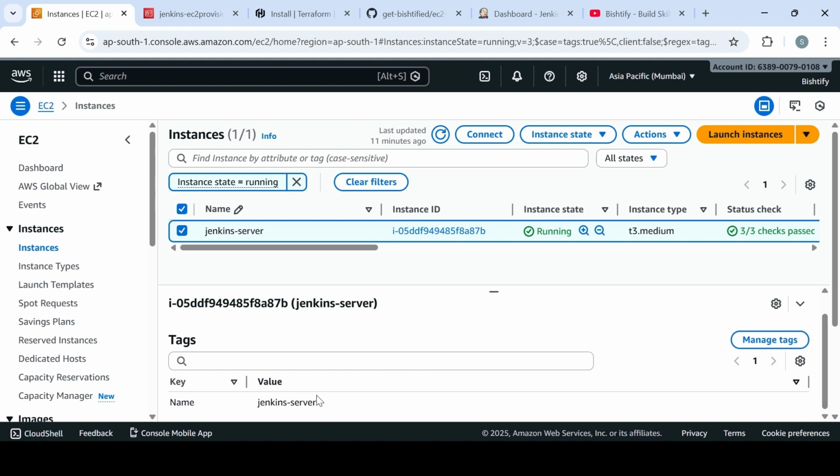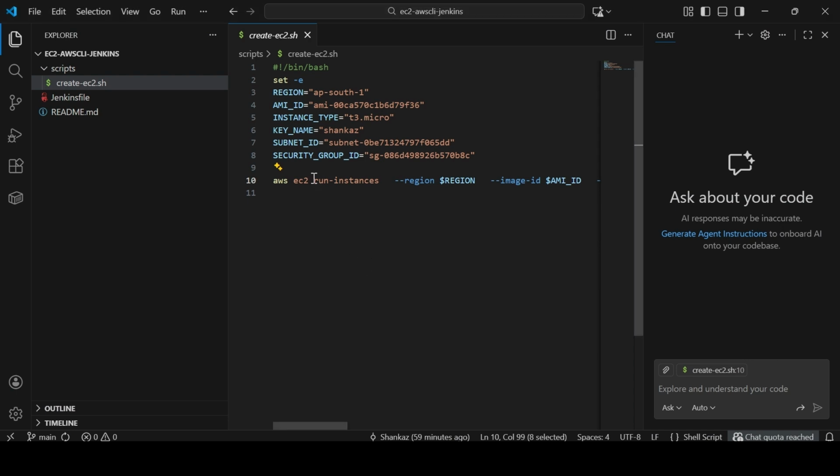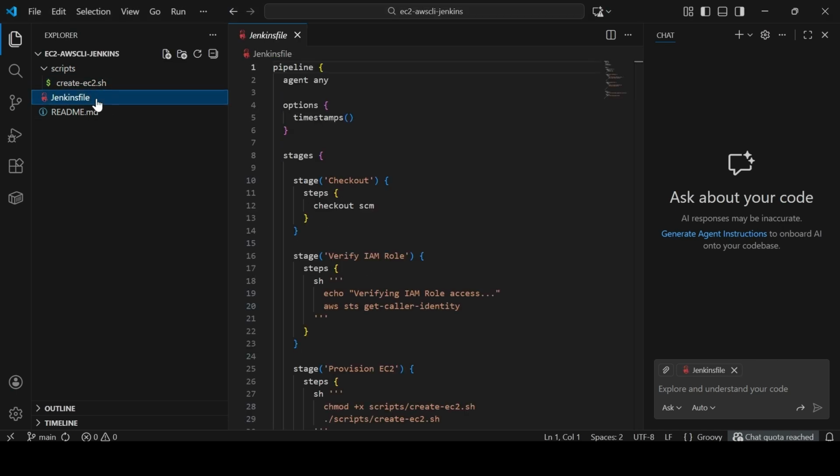So for this Jenkins server, I have key as Name, value as Jenkins server. So once your EC2 is provisioned through that shell script, you would also find something here for that EC2 machine. All right, so let's begin. We already have pushed this code on Jenkins. So what the Jenkinsfile would do, once your pipeline is triggered, Jenkins will walk through the defined steps. In the pipeline we have chosen agent any,